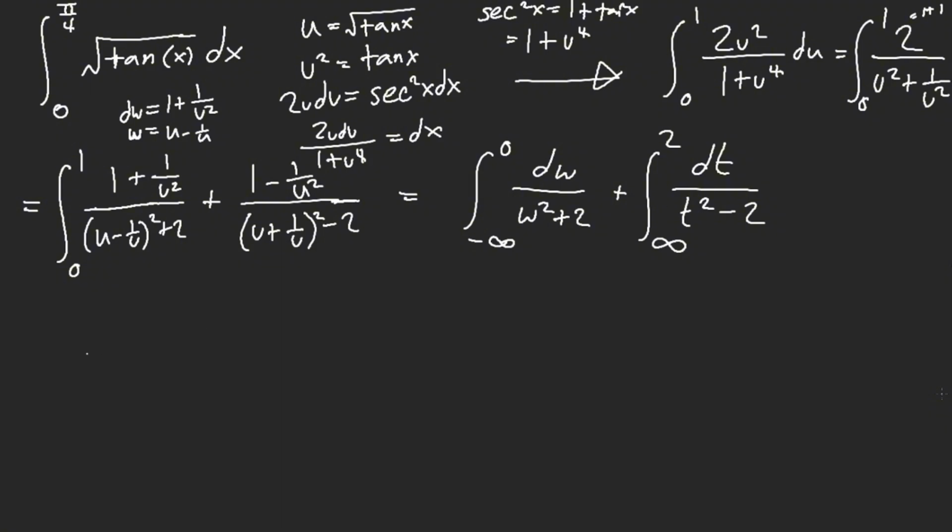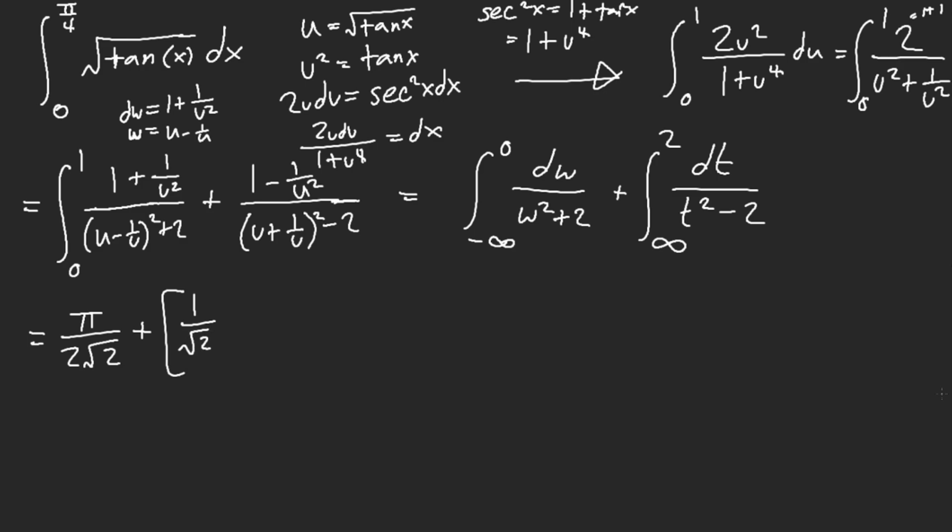Okay, so now we see, well, this is easy to solve. This is inverse tangent over root 2, right? So this is 1 over root 2 arctan of w over root 2. Plug in 0, plug in negative infinity, pi over 2 times 1 over root 2. So we get pi over 2 root 2. And then we have the minus. Oh, I'm sorry. The minus gets canceled. Never mind. I'm sorry. Plus